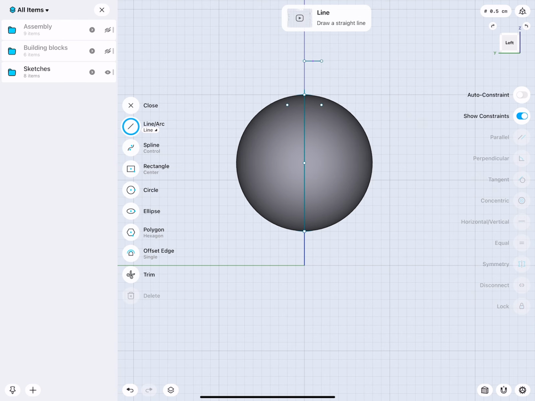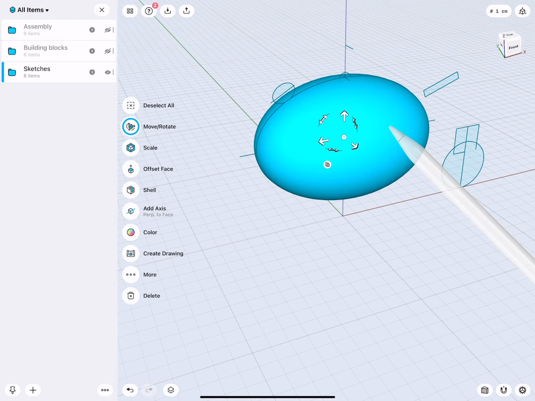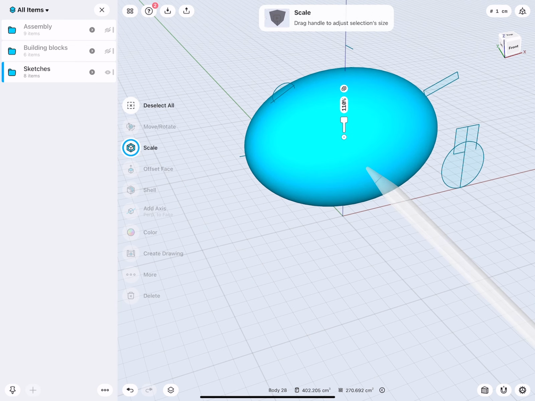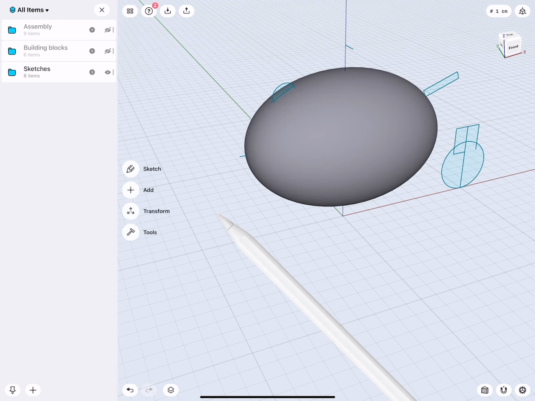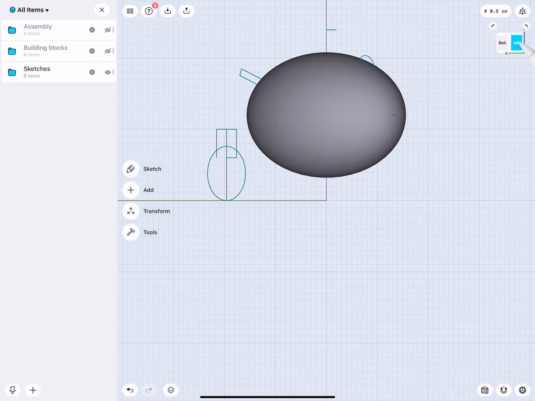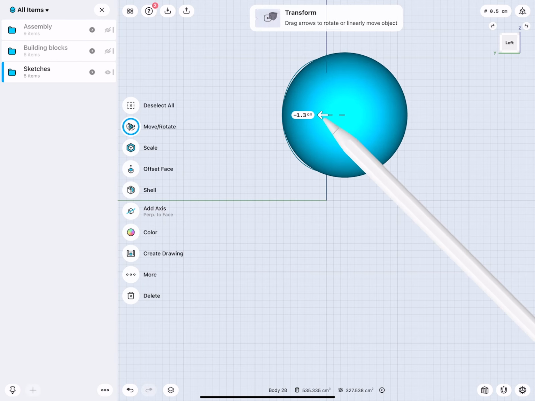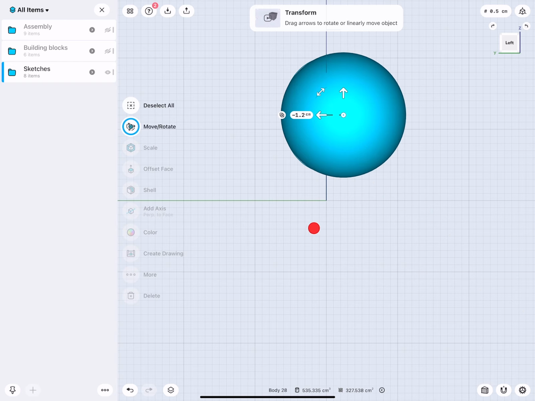We first have to scale this up a little bit. Through some testing, I figured out that in this case it needs to be 110%. So we make this a little bit bigger. And then we simply move this to the side as needed. Very good.